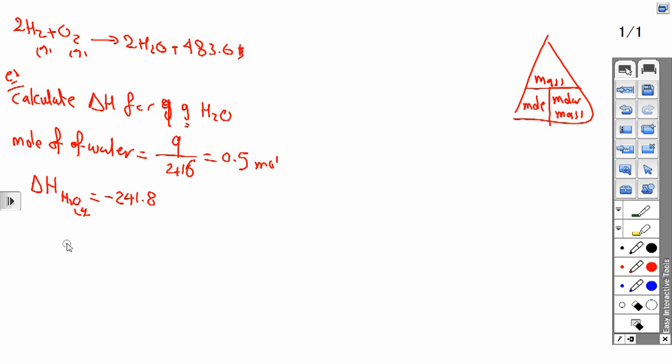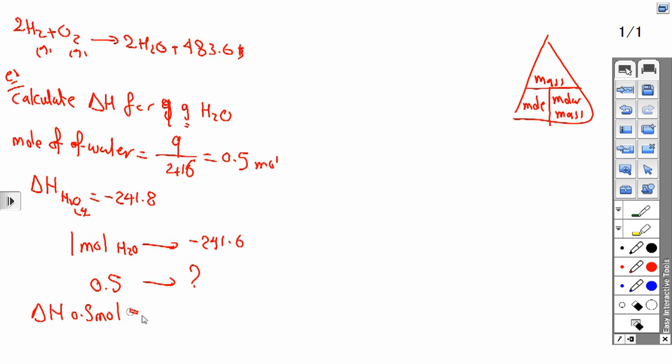So if the delta H produced from 1 mole water is negative 241.8, so what is the amount of energy produced by 0.5 mole of water? So this number over 2. So delta H for 0.5 mole equal negative